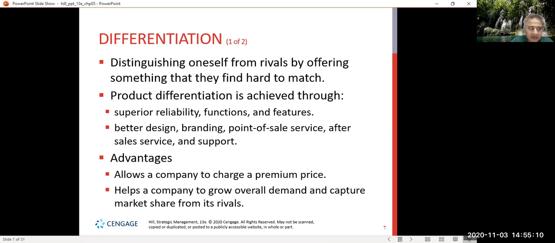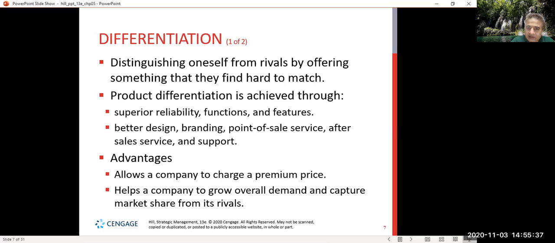And it helps the company to grow overall demand and capture market share from its rival. So it is important to note that differentiation often, but not always, raises the cost structure of the firm. On the other hand, sometimes successful differentiation, because it increases primary demand so much, can actually lower the cost. For example, in case of